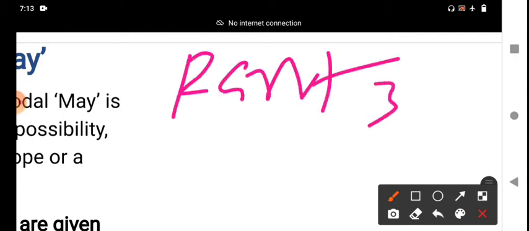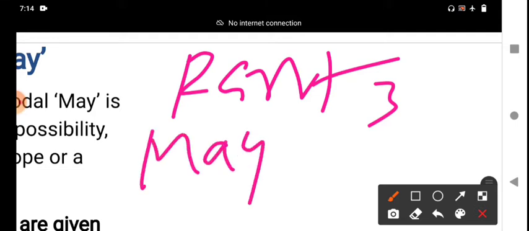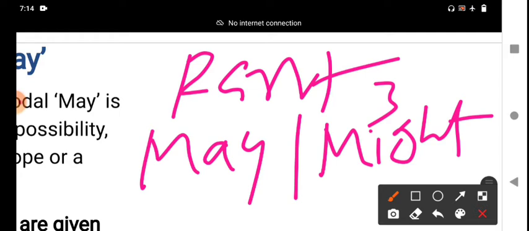This is part 3 class. In this session, I will explain to you, all of you students, please listen carefully and thoroughly, the uses of may. What are the uses of may? The past form of may is might. May, might, gh is silent in this word. My dear students, for these 2 modal verbs, I will explain in detail what the uses and functions of the modal verbs may and might are.